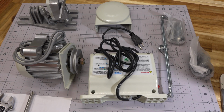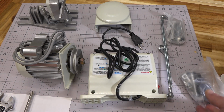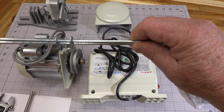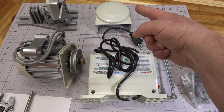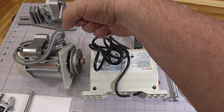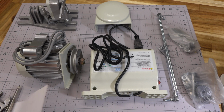Okay, here's what you get out of the box. I'm not going to take time to pull everything out of the box. But you'll get hardware for your motor. This is your tabletop hardware. Naturally, you get your linkage from your motor to your foot pedal. Cover. This is your controller, the motor controller. This is your servo motor controller right here. This is where your pedal hooks up to, and the motor itself. And you also get